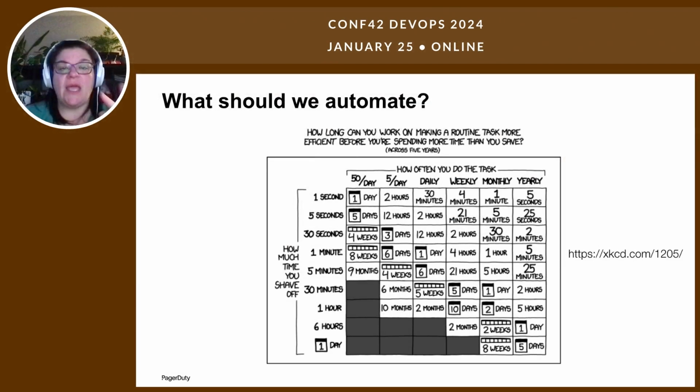Another way to look at automating tasks is through this XKCD example. There's always an XKCD example, right? You can also think about automating the tasks that you do most often or the stuff that takes the most time, because we want to get time back out of our day by not doing these toily tasks. You can actually do this kind of graph for yourself and think about how often you do a task. Well, CloudOps has to provision environments like 40 times a week. It's crazy. Oh my gosh.